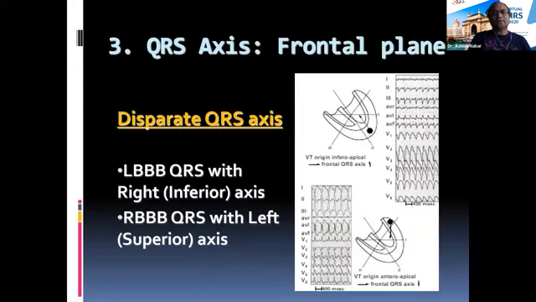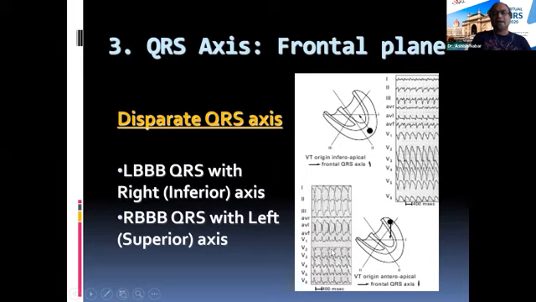Now let me stress the axis of the QRS. This is a good sign. Take this message home: if your QRS axis is disparate to the bundle branch block, so if you have a left bundle branch kind of wide QRS tachycardia with a right axis, or if you have a right bundle branch block QRS tachycardia with a left axis, so you have an axis which is disparate to the type of bundle branch block, it's a VT. It's a VT. So there are some examples here of a left bundle branch block tachycardia with a left axis, which is a VT, and you have an example here of a right bundle branch block tachycardia with a right axis.